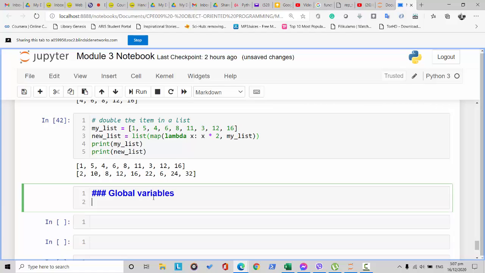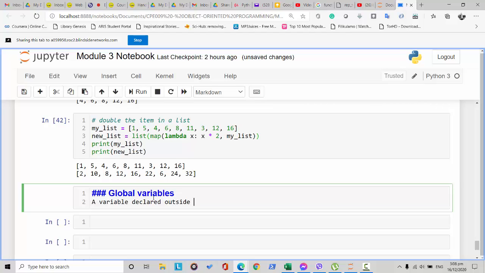Earlier I mentioned putting a variable inside the function. We call it a local variable, local to the function. So what is a variable that is declared outside the function? We call it the global variable. Definitely we can write that a global variable is a variable, or variables, declared